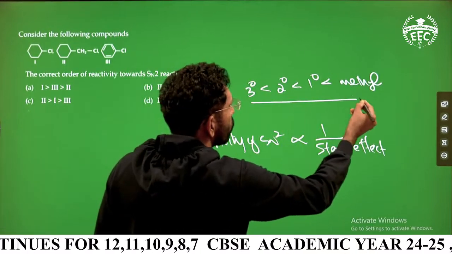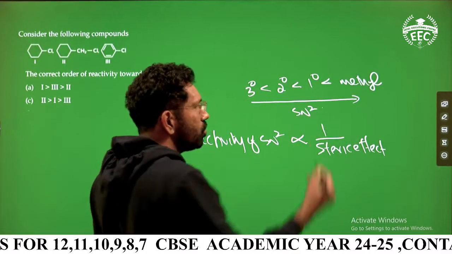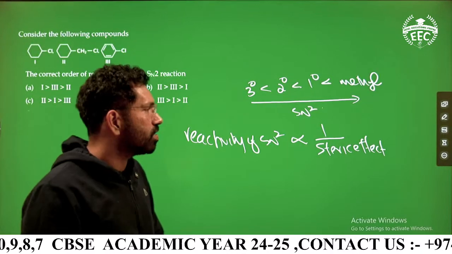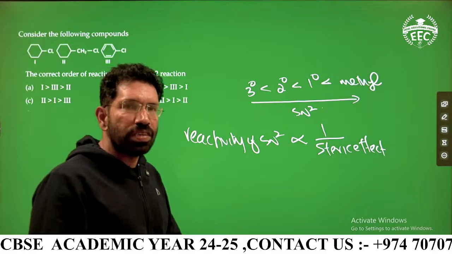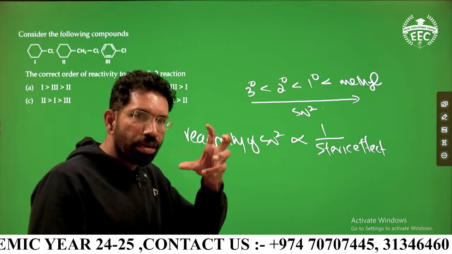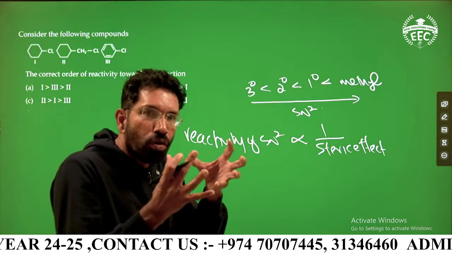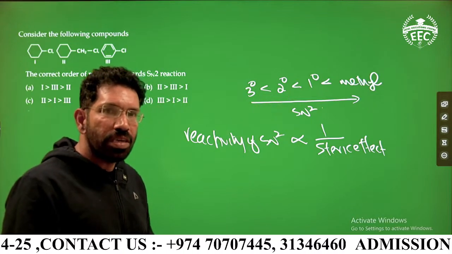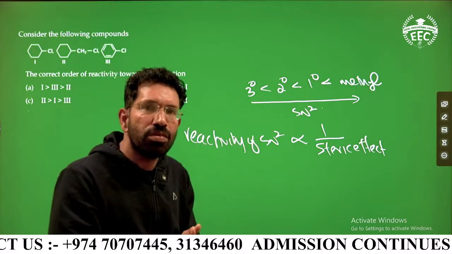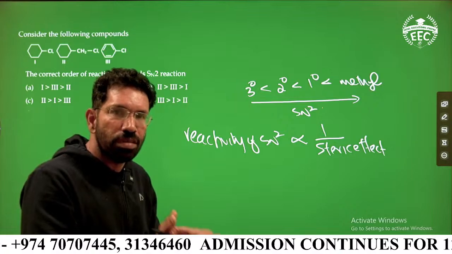This is the order of reactivity of SN2 reaction. The smaller halide will be more reactive in SN2. The bigger, gigantic one will be less reactive towards SN2 because it depends upon steric